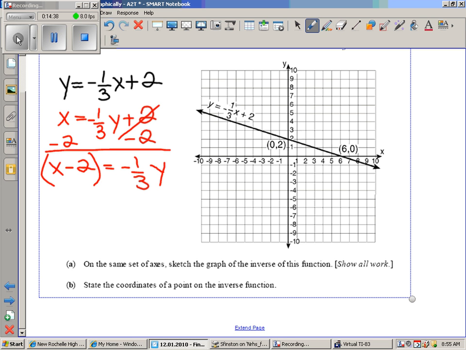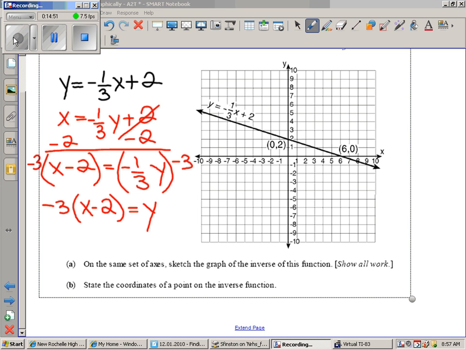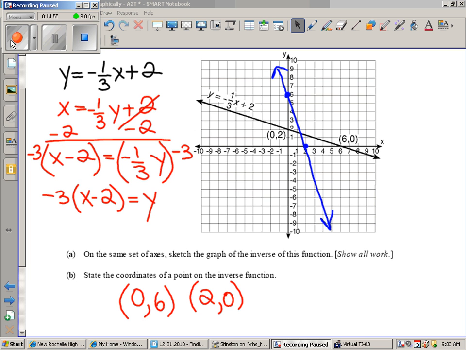Multiply both sides by -3, the reciprocal. And so there you go. There's the inverse: -3 times x minus 2 equals y. So now we're going to graph this line. To get the 2 points, all you